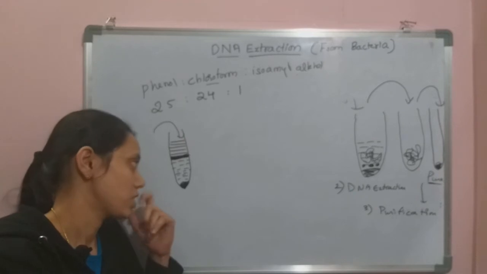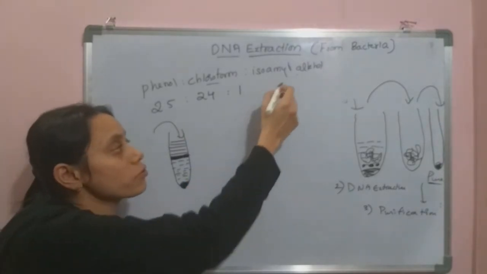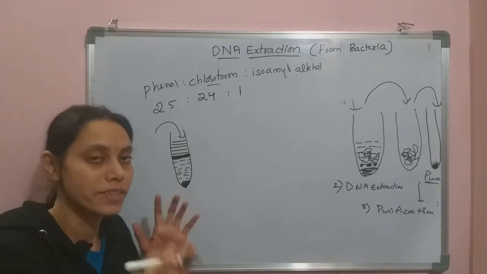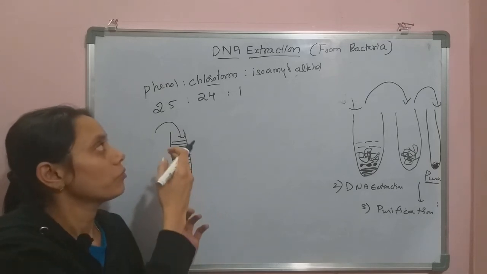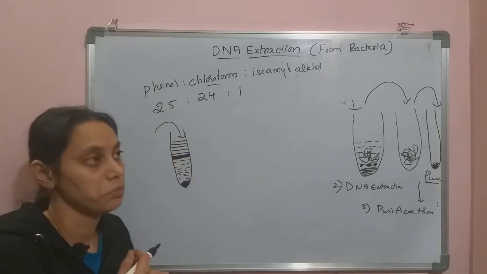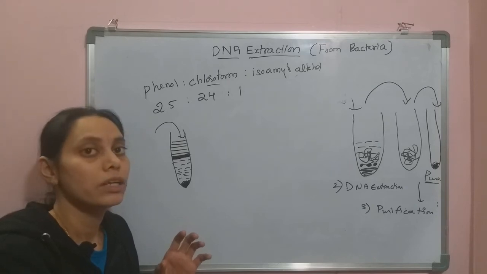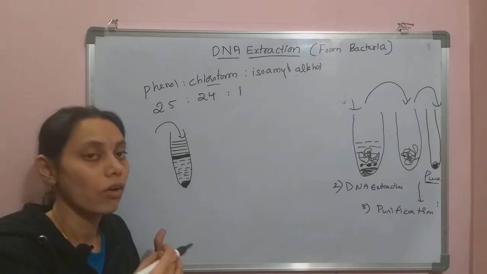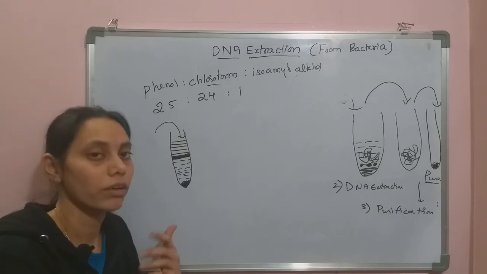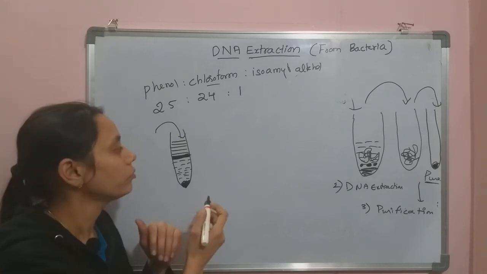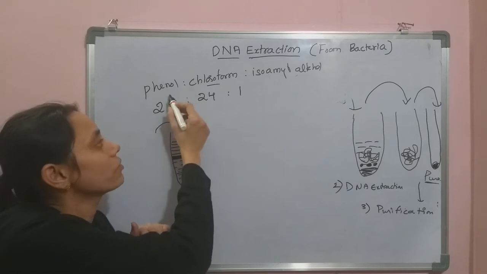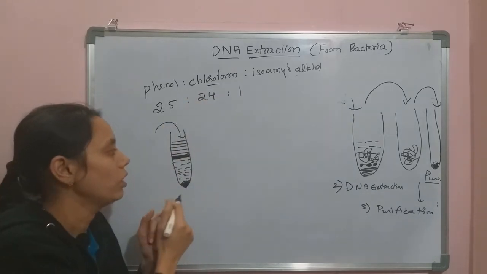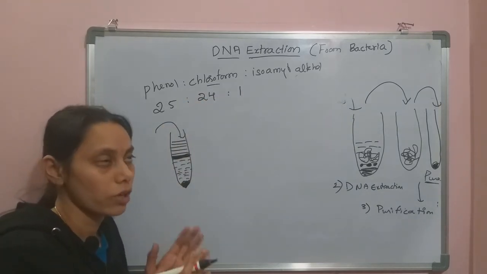And this isoamyl alcohol also aids the phenol and chloroform activities. That means isoamyl alcohol stops the emulsification, that means the mixing up of the aqueous and the organic layers. So by treating with phenol, chloroform and isoamyl alcohol, we are going to have this